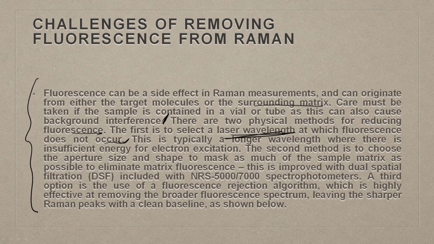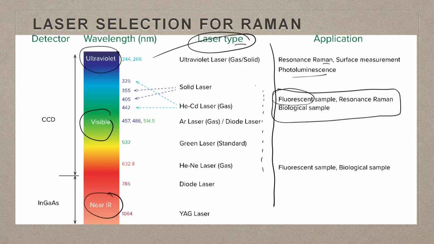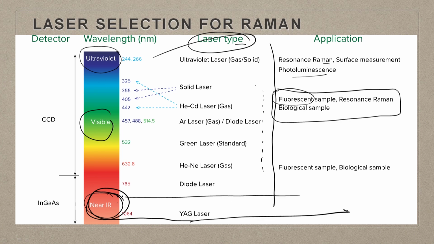This is typically a longer wavelength where there is insufficient energy for electron excitation. If you remember, I was telling you, if you come here in these kinds of lasers which are longer wavelengths, then that energy will not be sufficient to allow an electron to jump out. But if you use high intensity UV lasers or something like this, then a lot of electrons, because they are very high energy,